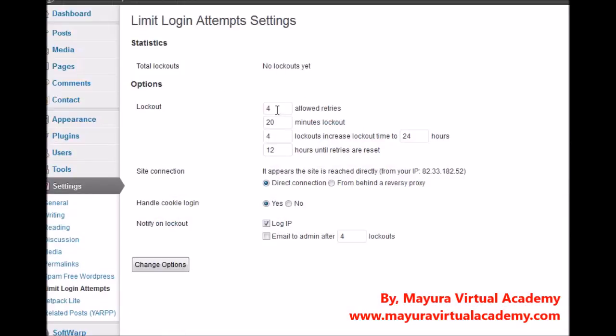Basically what it does, it allows them 4 times to try. This also applies to you, so you need to remember your password, but you should have that saved in your browser or somewhere safe. So they get 4 retries. If they don't get in in those times, they're locked out for 20 minutes. That'll stop most hackers,